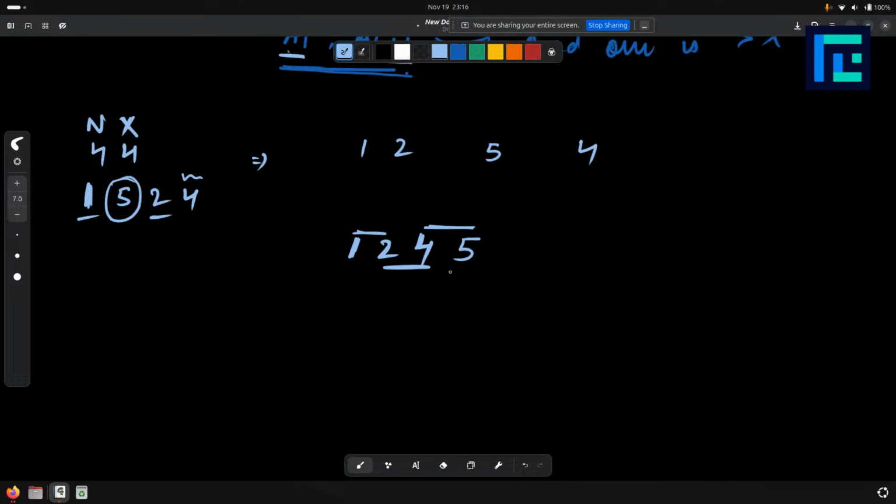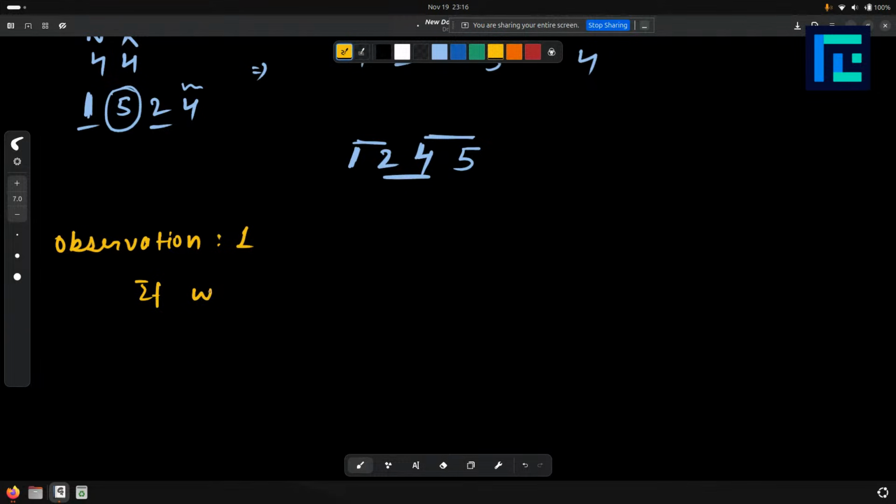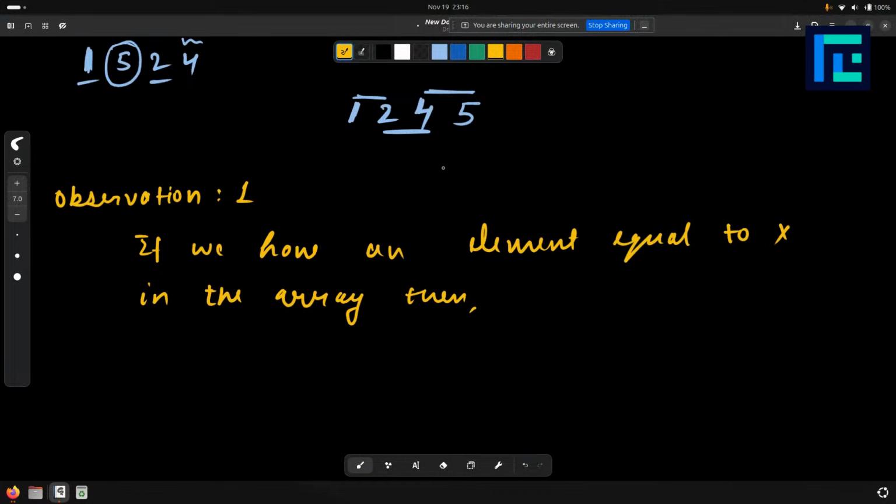So one quick observation that we can make from this test case is, if we have an element equal to x in the array, then we can basically follow the exact same pattern that we followed in this test case and form the output array as all the small elements,